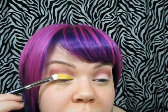Look how bright that is, just right away it's really bright. And then when you're done packing on the color, you want to take your shader brush and sweep it over to make it all smooth. Alright, and then on this little inner corner part, if you want to put a little bit of the lighter yellow in this palette,